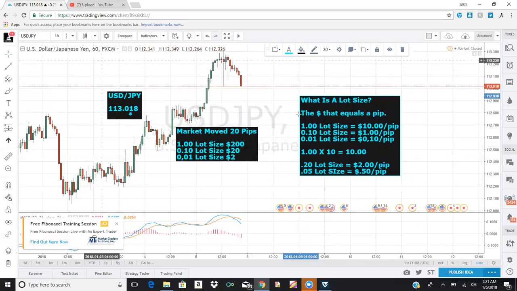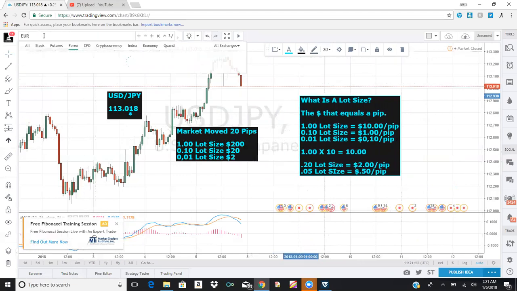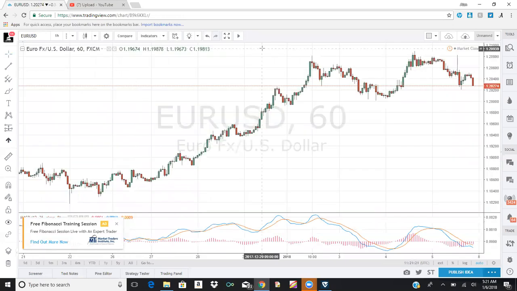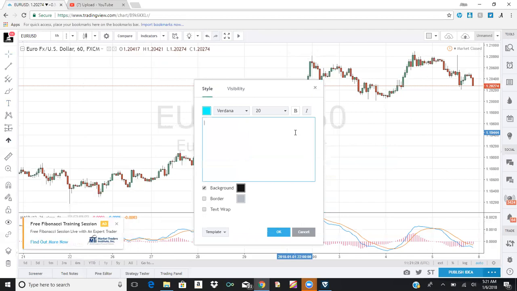Now, just to show you what other currency pairs look like, let's go ahead and go to Euro USD really quick. Not Euro UDS, my bad. Euro USD. I'm human, so I apologize. There are some mistakes, not gonna lie. Internet's being slow as well. But anyway,